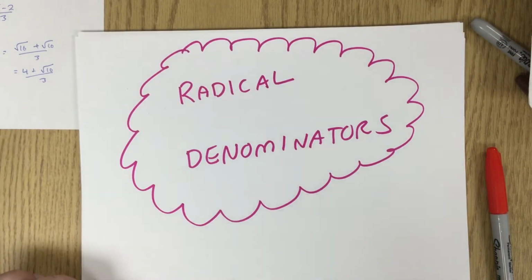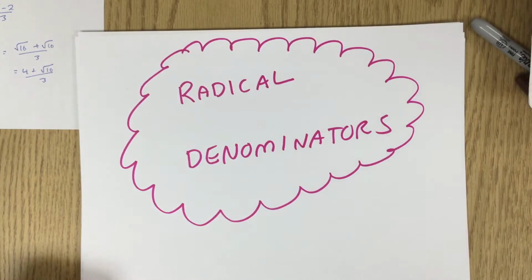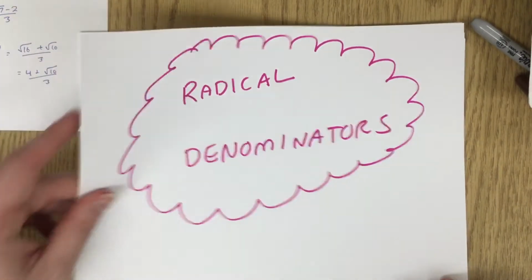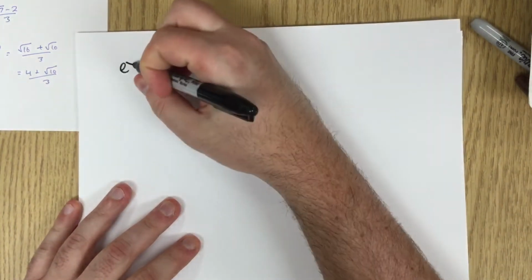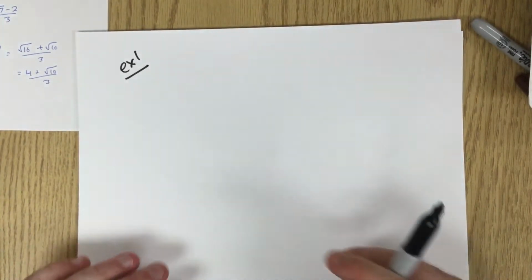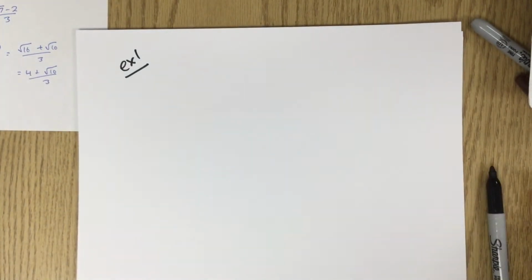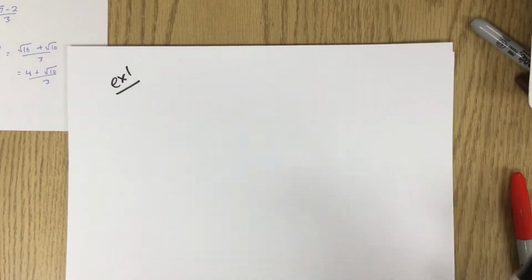So now we're going to talk about radical denominators. So what that means, let's say we have, we're going to restart the numbering thing because I'm doing this on a different day, and B, because it's kind of a new topic in itself. So let's say we have